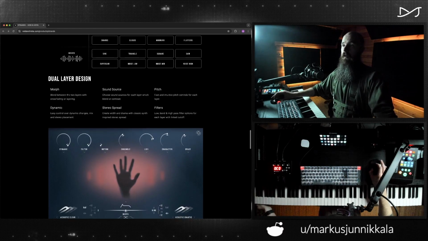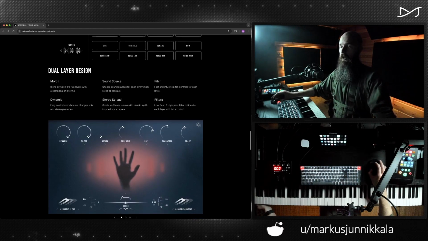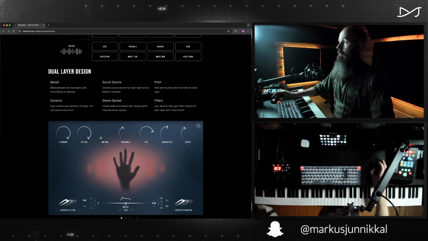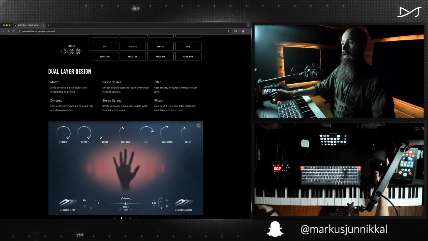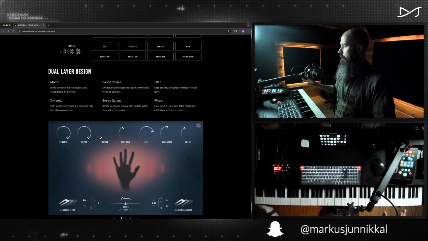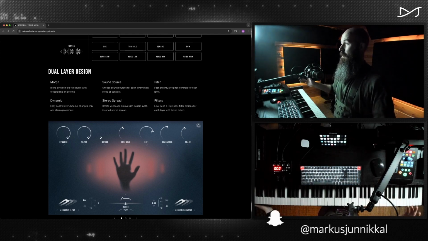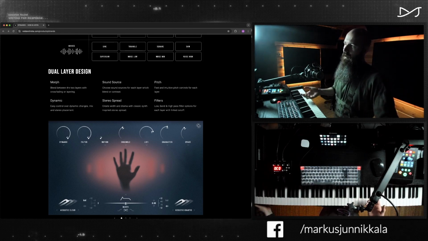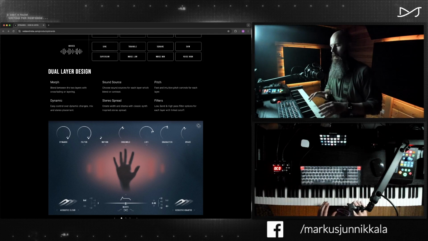Dual layer design. So morphing, this was in Folds as well. Blend between the two layers with crossfading or layering. Yeah, pretty cool. Very basic concept, but I will say that in Folds it was a lot better implemented than in a lot of other libraries that I've seen, which basically just ends up sounding like a weak crossfade. You had to put a lot of thought into